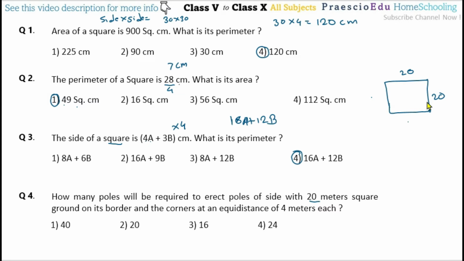So 4 meter, again 4 meter, again 4 meter, and again 4 meter, and then equal 4 meter, means there are 1 2 3 4 and 5 equal parts. And if you consider these two ends, means there are 4 poles inside. Okay, excluding these ends. So here also 4 poles, here also 4 poles, and here also 4 poles. So 4 multiplied by 4 means that is 16, plus 4 corners, so that is 4. So means 20 poles are required. 20 means option number 2 is the correct one.